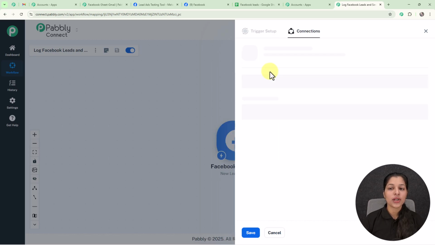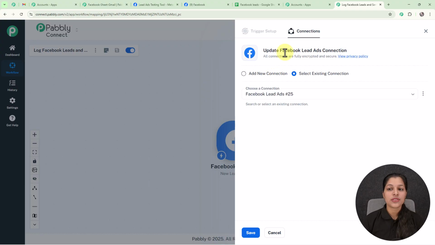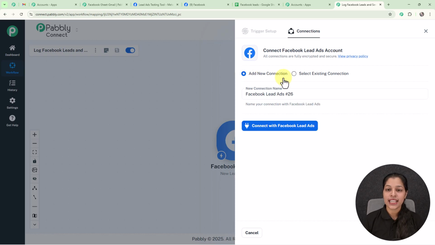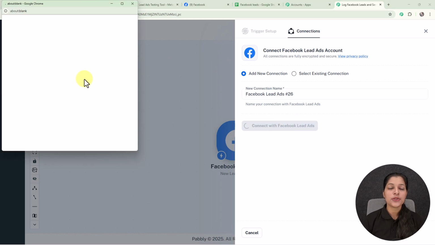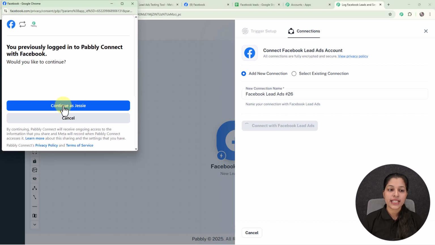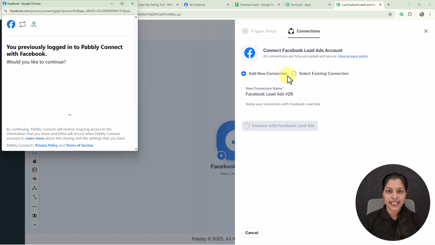Now we just have to click over this connect button, and here we are landed to this Facebook lead ads connection page where if you want to use your existing connection you can use this, that is select existing connection, and here I'm going to build a new connection. So I will be selecting add new connection, and here we are getting a new connection name, and afterwards you just have to click over this connect with Facebook lead ads, but make sure that your Facebook account must be logged in for building the connection. So now let's click over this button, and here I'm going to select the Facebook account. So here I'm getting my Facebook account, so I'm going to select it,